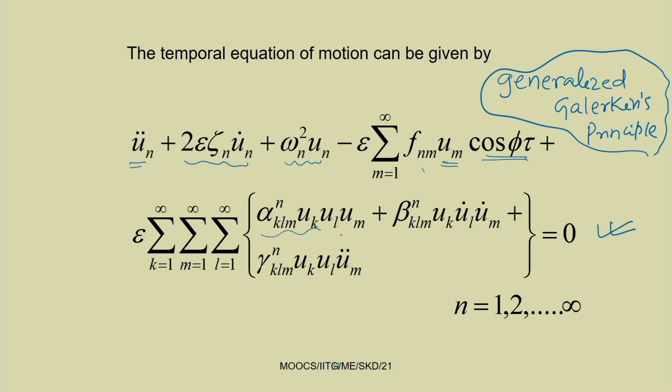Here you just see the number of nonlinear terms. These contain the nonlinear term u k, u l, u m. This is known as the geometric nonlinear term, and here the terms u k, u l dot and u m dot, the product of two velocity terms, and u double dot is there, so this is also an acceleration term. So, these are known as inertia nonlinear terms. You have here in this case two inertia nonlinear terms and one geometric nonlinear term.